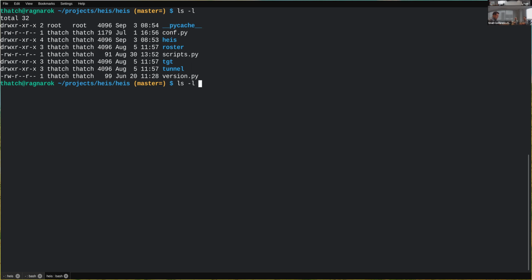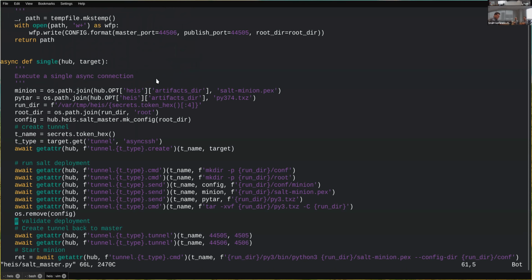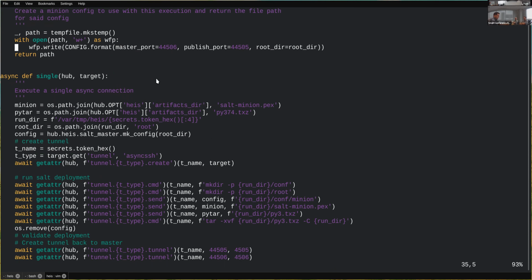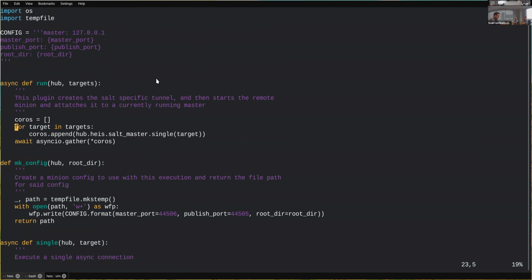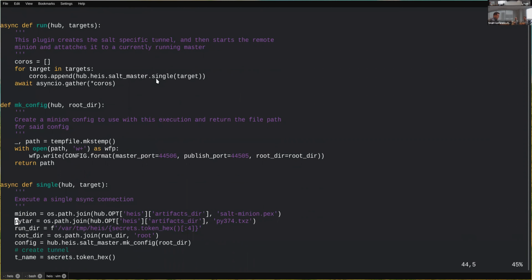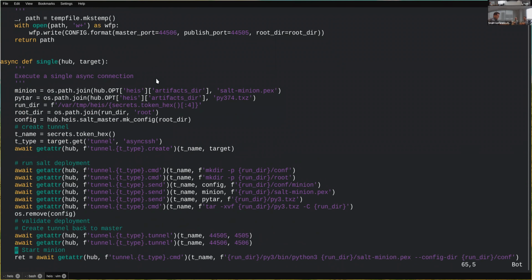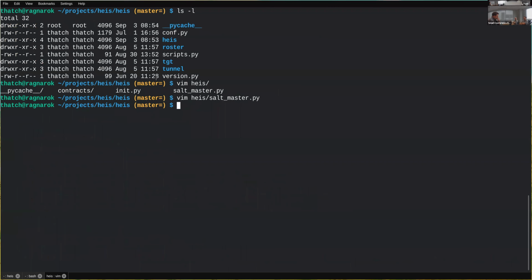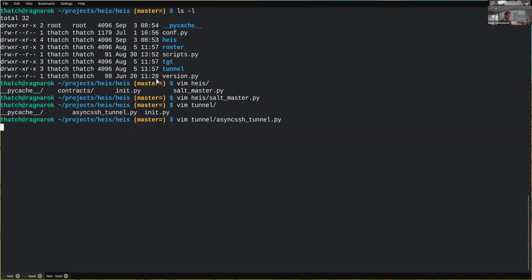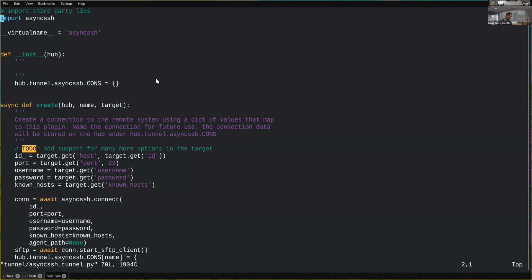And so if we open up Salt Master, then we see that we just have to implement an interface, a couple of functions in here, basically run and single. And these are all then connecting back into the Tunnel plugin system. And so what that means from an implementation perspective is that if we come back and we look at the Tunnel plugin system,